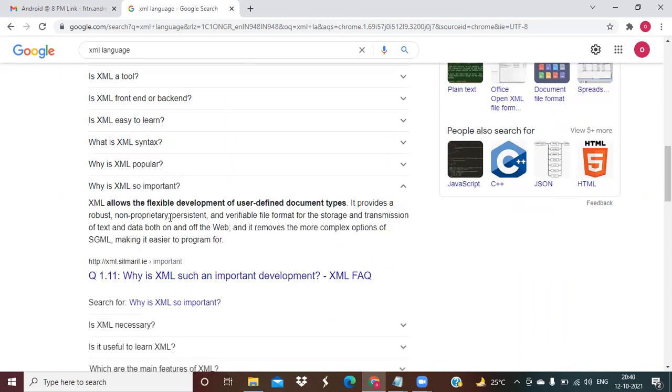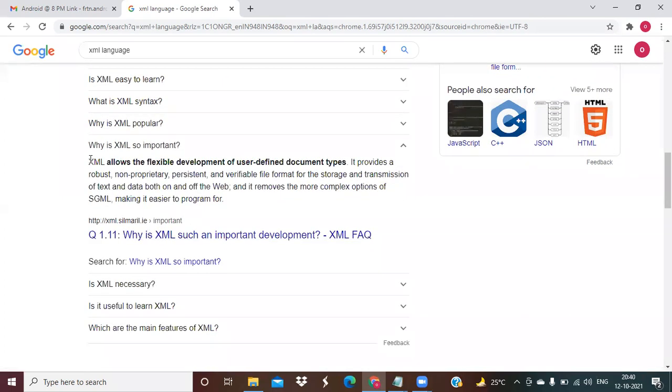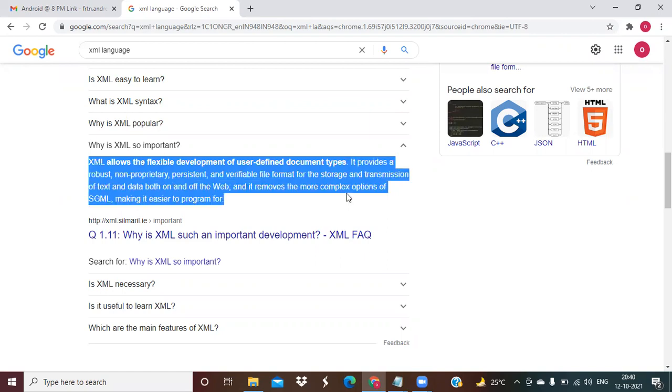Why is XML so important? This is the main reason Android is using XML for the front end. It provides a robust, non-proprietary means, for example. Proprietary means it's a paid version. Non-proprietary means open source.